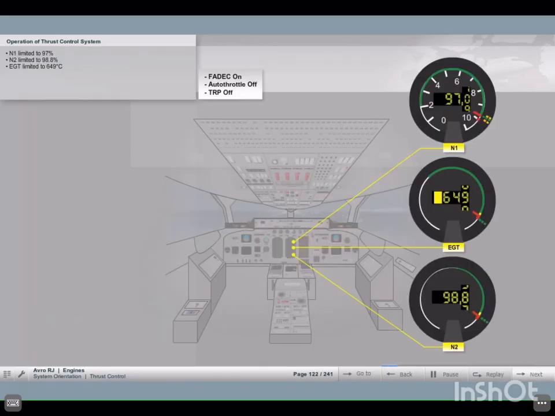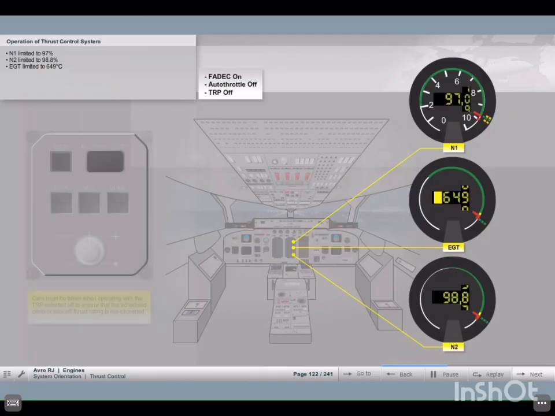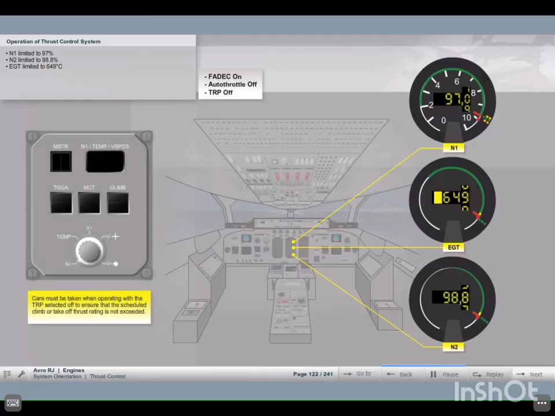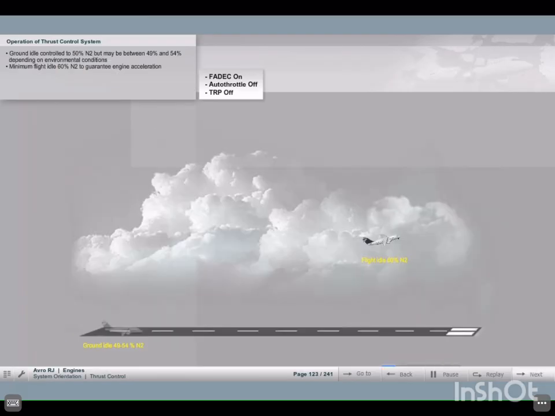N1 is limited to 97%. N2 is limited to 98.8%, and EGT is limited to 649 degrees Celsius. Ground idle is controlled to 50% N2, but depending on environmental conditions, it may be